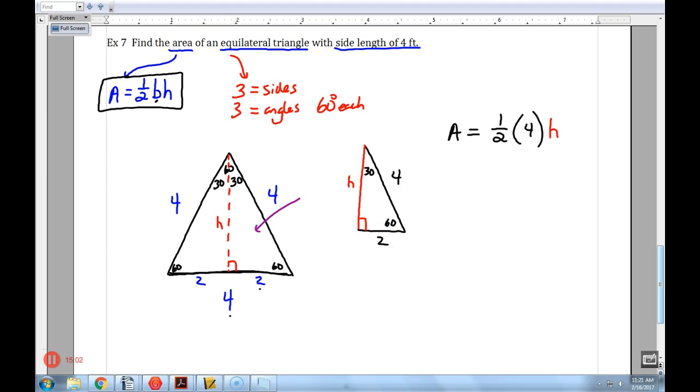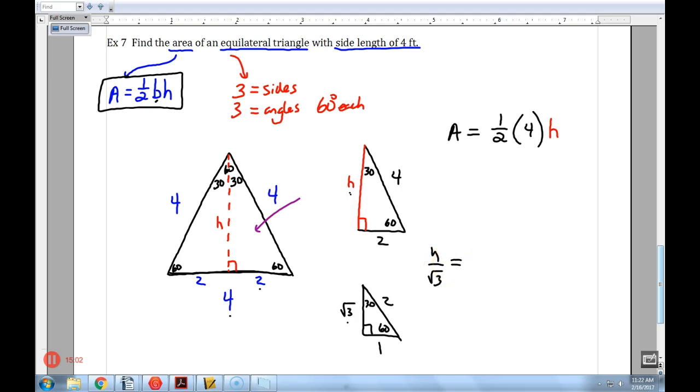And so now I can either use my pattern, I could use the trick to find H, or I could do what I've been doing, and I'm gonna do it this way. I'm gonna set up my old original 30, 60, 90, where the smallest side across from the 30 is 1, the biggest side's 2, and the freaky side, the middle side, is the square root of 3. And I'm going to use proportions. So I do my little proportion down here at the bottom, and I'm going to say H is to square root of 3